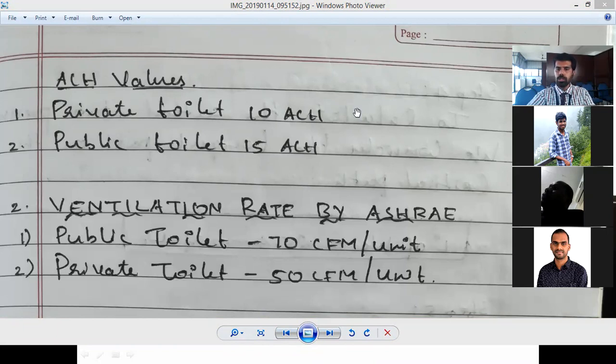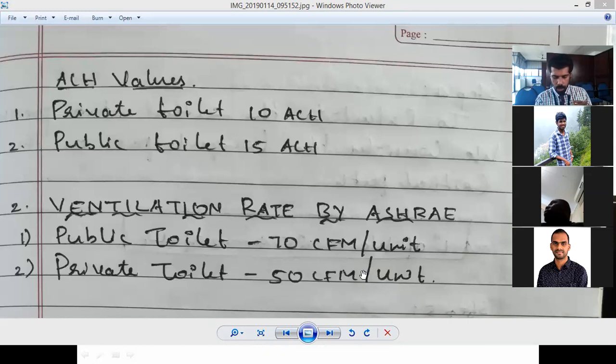Someone is asking whether 2 into 3 is for public. Both, it's a normal standard size. Whether it's private or public, whatever it might be, it is 2 into 3 normally: 2 meter width and 3 meter length, the size of the toilet. But mostly that is not the case. When we are deciding, it will be different, sometimes more than that. So we have to know the actual size, but the standard size is 2 into 3 meter, whether it is a private or a public toilet.